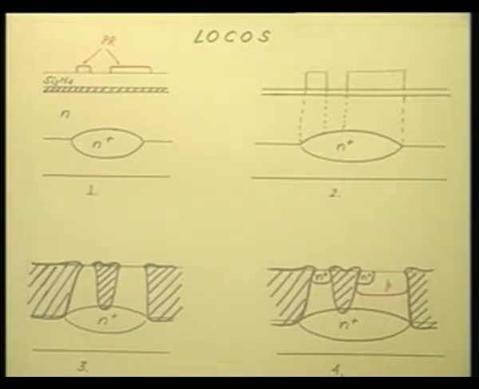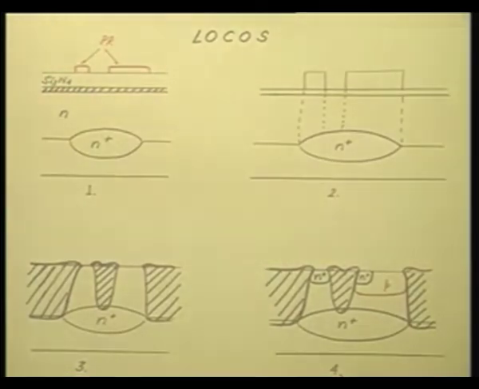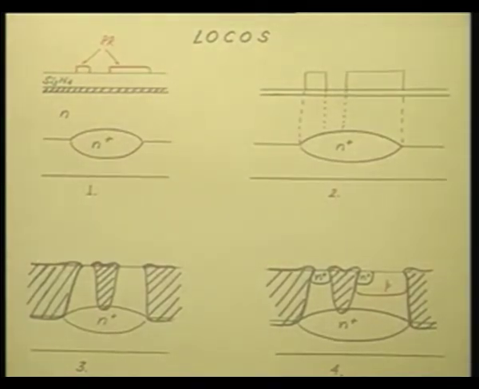Let us look at figure 1. What do I have? I have, as before, the p-type substrate, I have the n plus buried layer, and then I have the n epitaxial layer. So far nothing has changed. So far my technology is exactly the same as the older day bipolar junction transistor. After this, of course, what have I done? I have a thin layer, this black hatched region, this is the thin layer of silicon dioxide, which is called the pad oxide. On top of the pad oxide, I have silicon nitride,